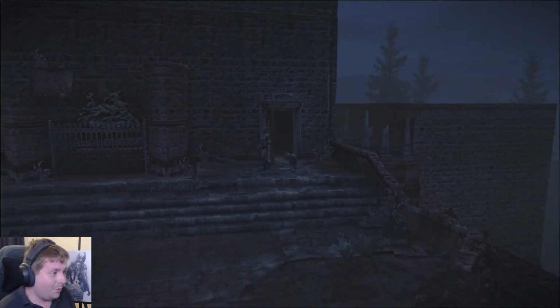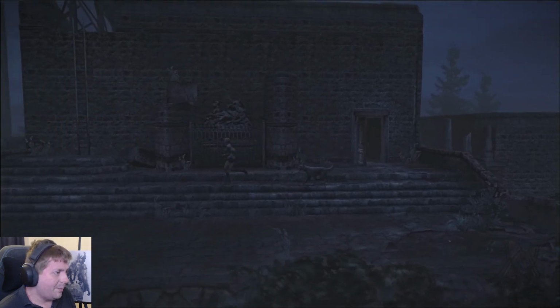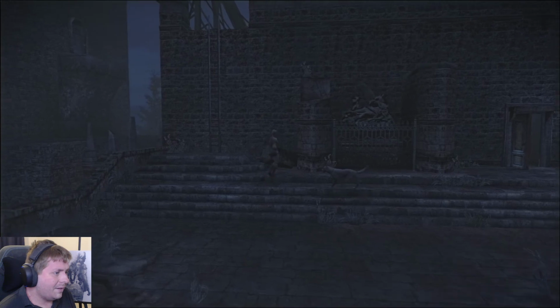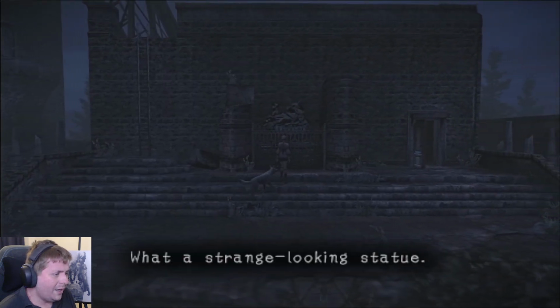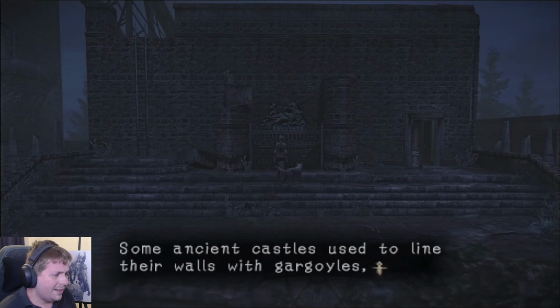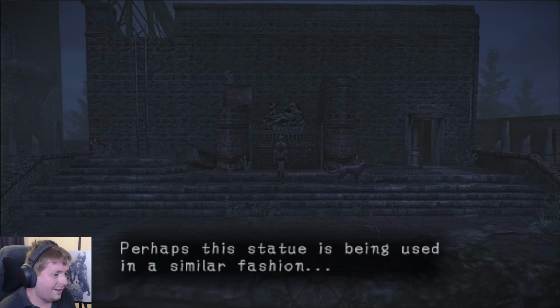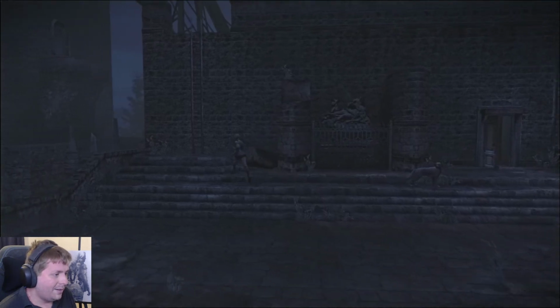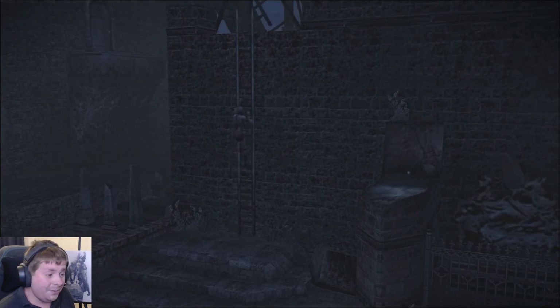Anyways, we'll do a bit of exploring here, I suppose, before we look to probably end the video. We've got something up here. Rhymes up high, but we have no way to really work it out. Ancient castles used to line those walls with gargoyles, as if it was believed to ward off bad magic. There's an item flashing down the ground. I just want to come up here first and see what this leads to. Yeah, there's a few of these times we found items in awkward spots, so...